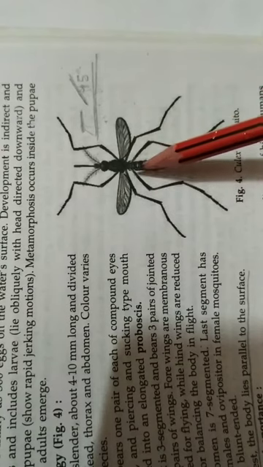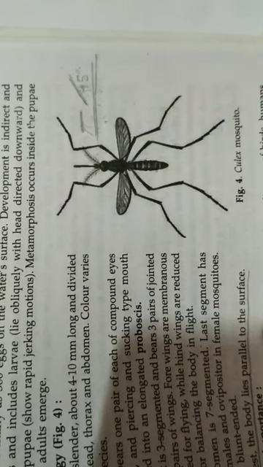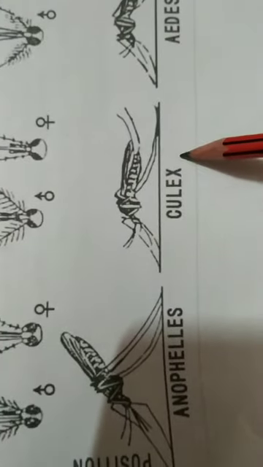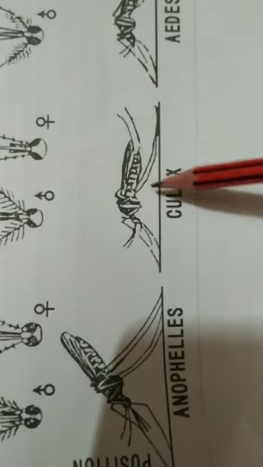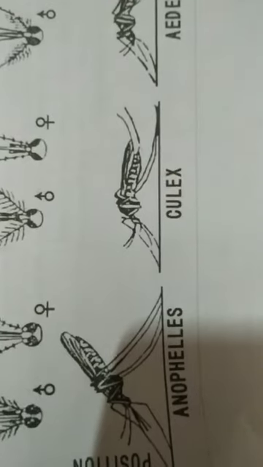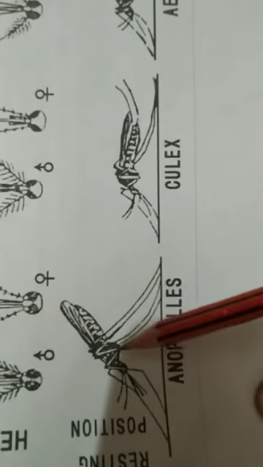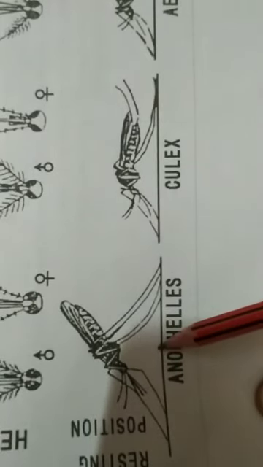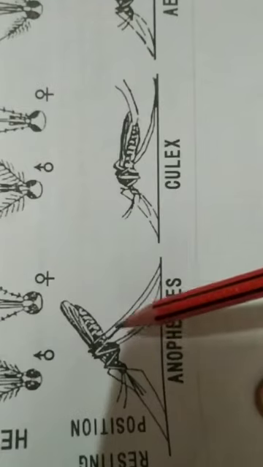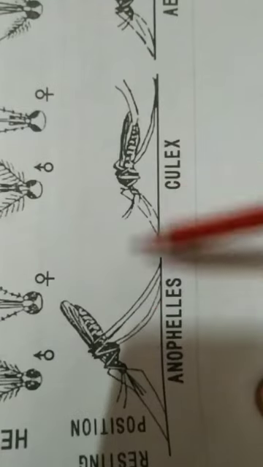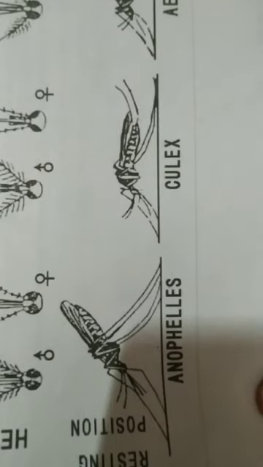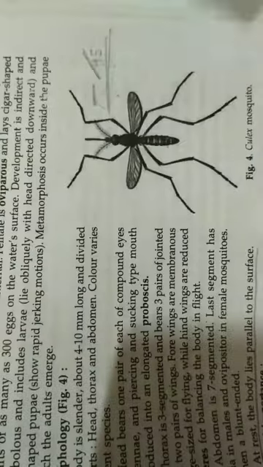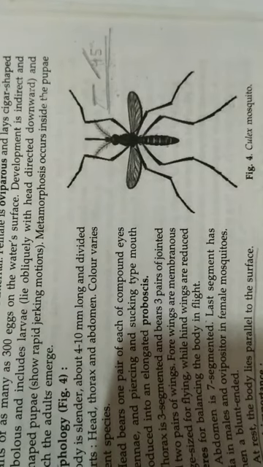When the Culex rests on a substrate, the body is kept approximately parallel to the substrate. Okay, wherever they sit in resting position, the body lies approximately parallel to the substratum, whereas in the case of the Anopheles, the body lies at an angle of approximately 45 degrees. So when these are sitting, you can easily differentiate between the two, the Anopheles and the Culex mosquito. Now coming to the life cycle.